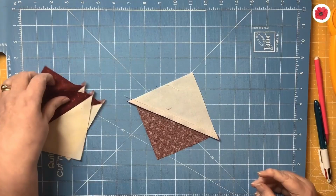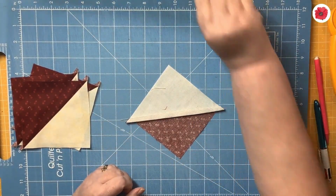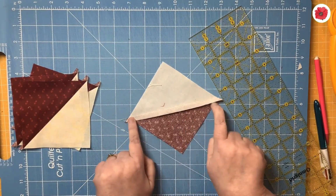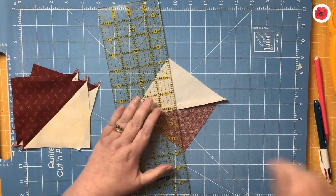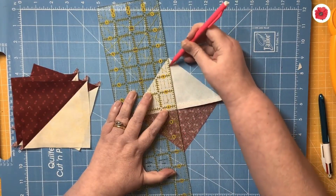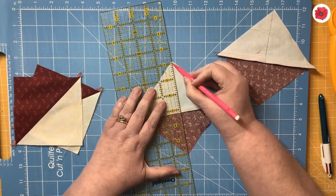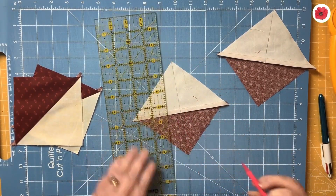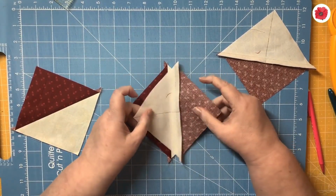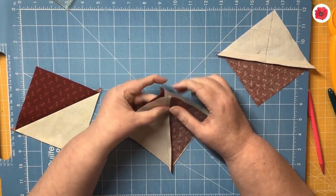So on two of these, I'm going to turn them over to the wrong side, and I'm going to draw a line that crosses over the stitched line here. And then I'm going to match these up with the other ones, and so I'm going to lay them on top of each other, and I'm going to